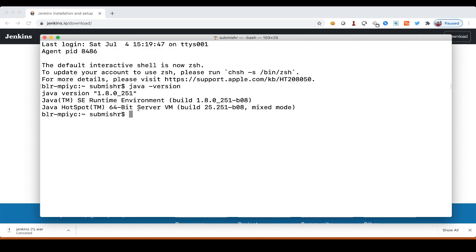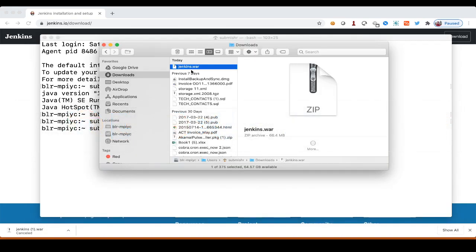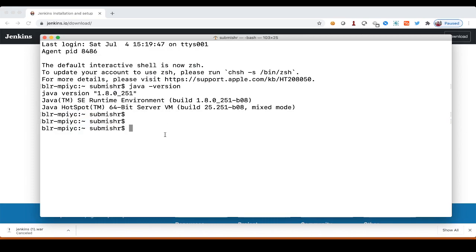To execute Jenkins on your machine, the precondition is that Java should be installed. First, we need to go to our download folder, because inside the download folder we have the Jenkins war. So type cd downloads. Now we are inside the download folder.